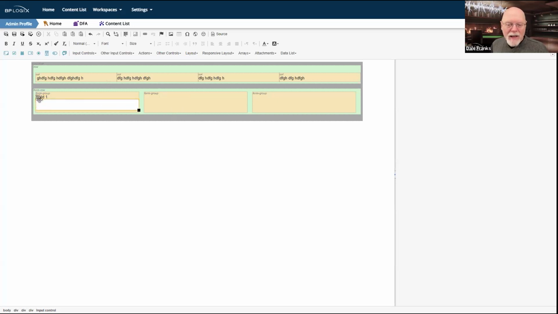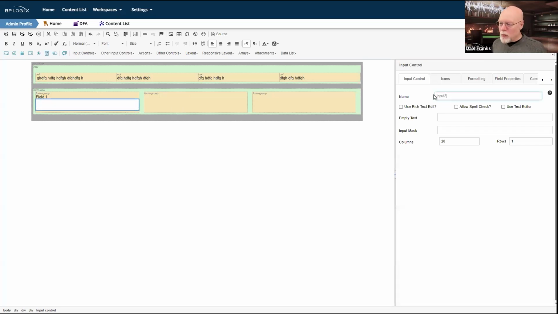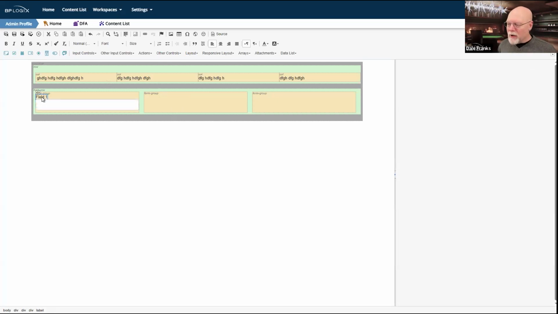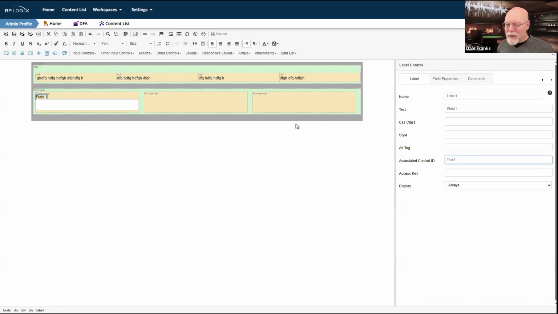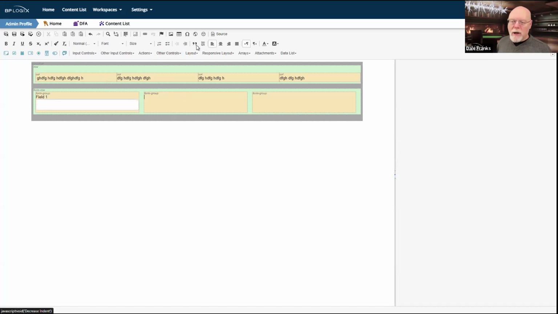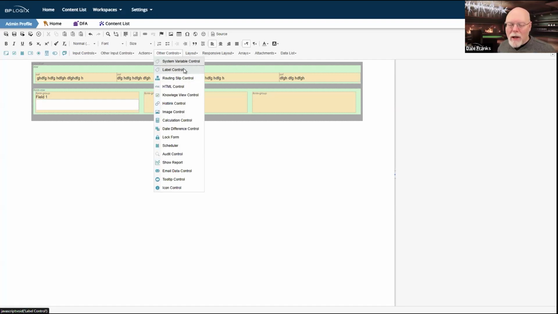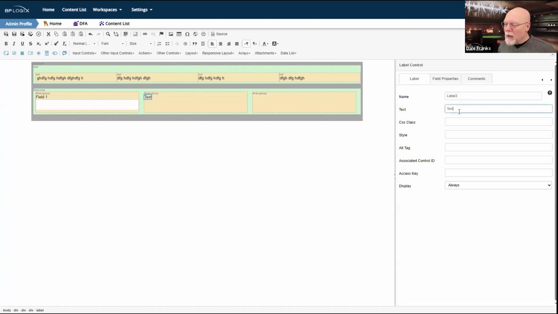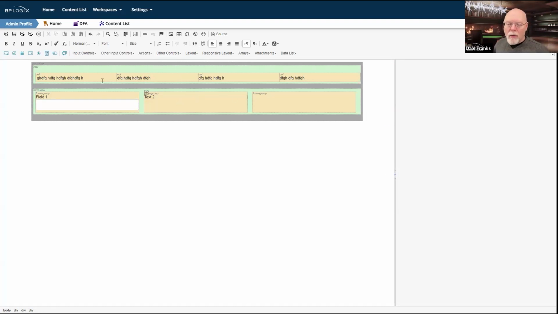This happens automatically. It is consistent across every form group, so it will automatically perform that styling for you as well. Now, I did say we wanted to call this text 1. So we will call it text 1. And the reason we're calling it text 1 is obviously because in my label control, I said that would be the name of the control. So we'll go through here, and I'm just going to replicate this a couple of times for reasons that'll become obvious in a second. So let's go in here and drop in another label control. We'll call it text 2, and the associated control ID will be text 2. Great. And now we've got our label control.